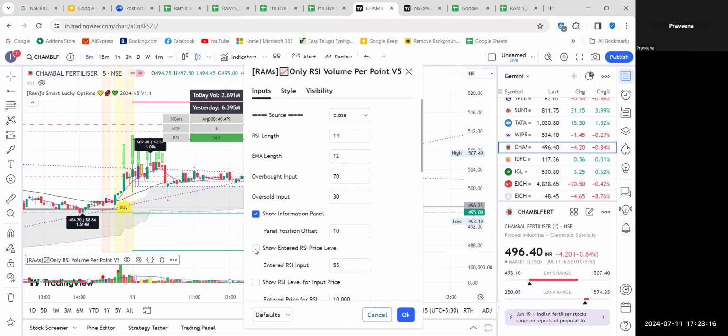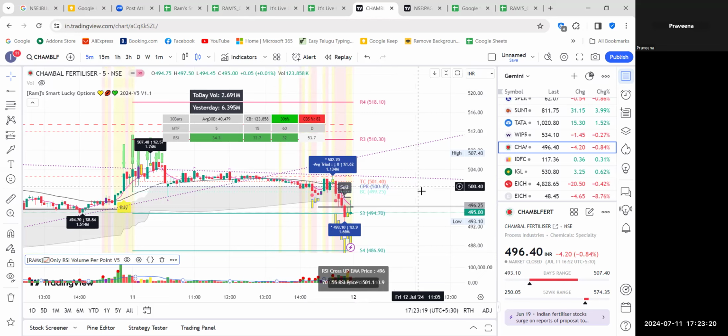510 is the overbought 70% RSI zone. So till 510 the price will move up. So this is the calculated risk we can take here, because the RSI is very low and it is